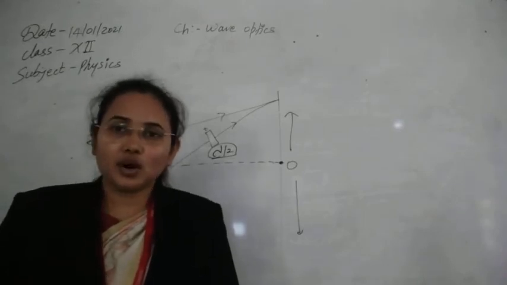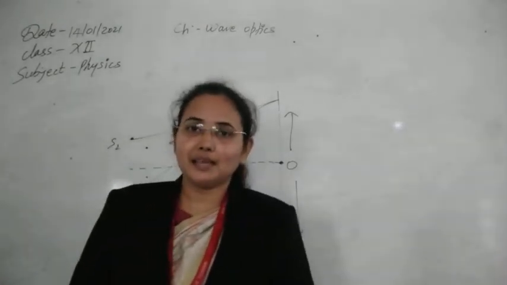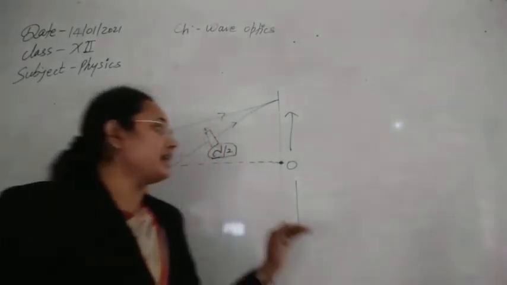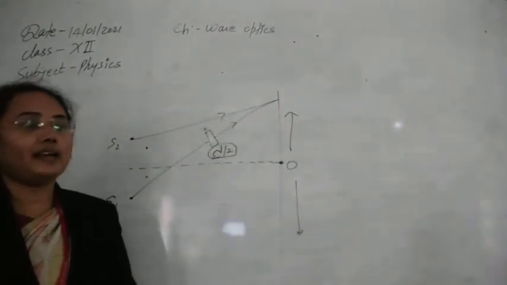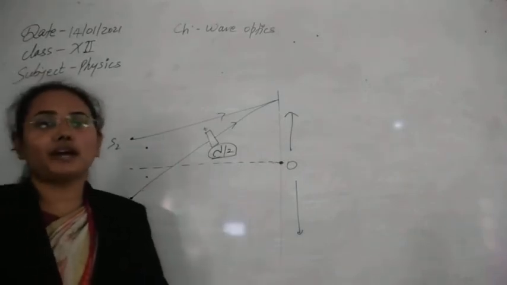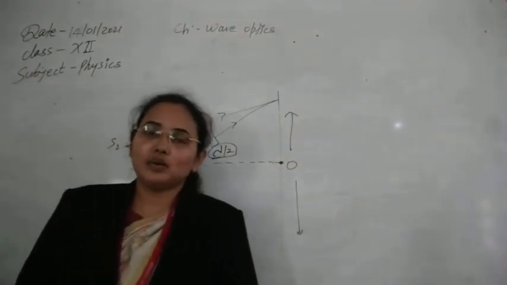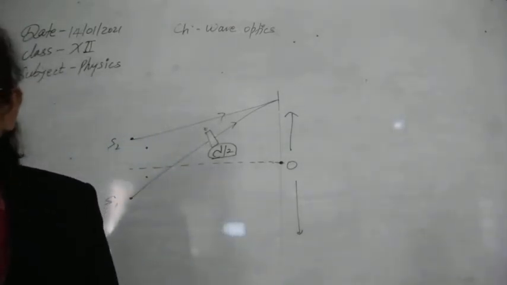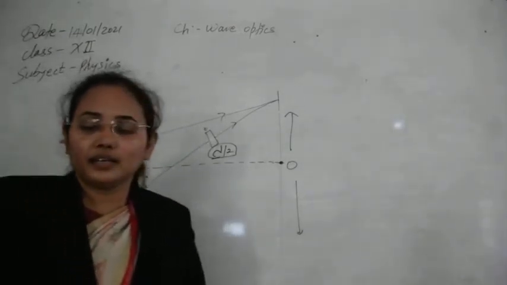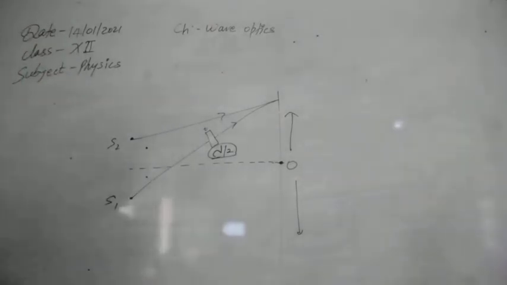So diffraction is not new. This is just the same as interference, only this is an additional thing we are doing. Due to that, bending is created, and again the waves are interfering and providing a pattern, and that pattern is now known as the diffraction pattern. So if diffraction of light is now clear, then let's see the next topic of this unit, that is diffraction